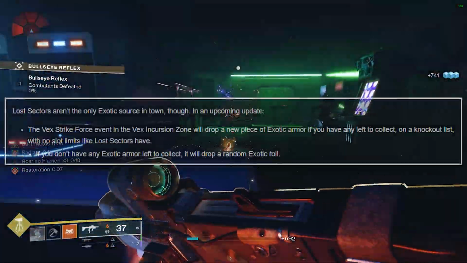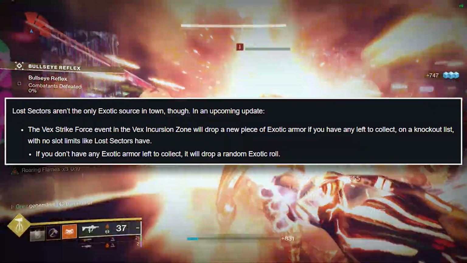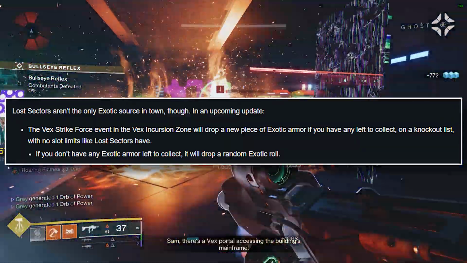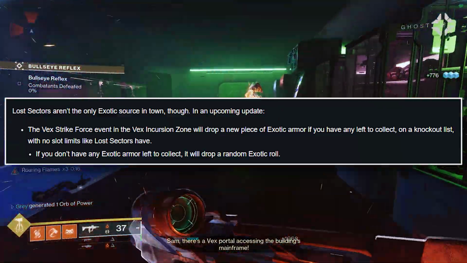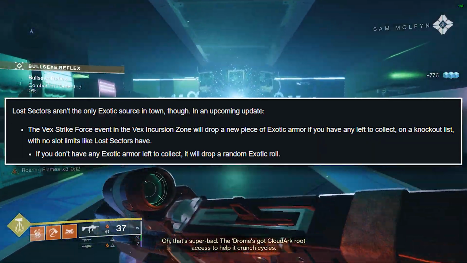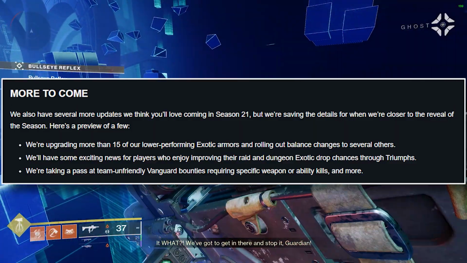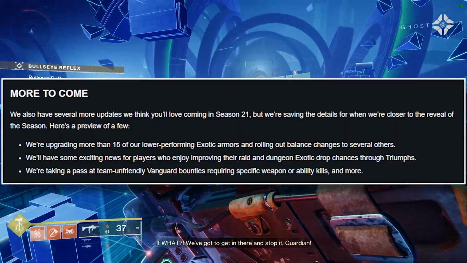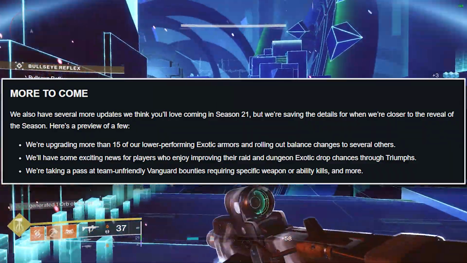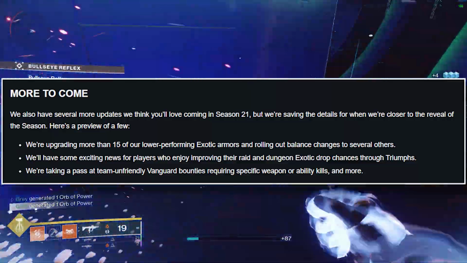Bungie also confirmed that the new Vex Strike Force activity in Neomuna will soon allow you to earn exotics that you've never gotten before, including the exotics that are currently only found in Lost Sectors. This is going to help so many players finally earn the exotics that they want without having to grind Lost Sectors and pray for RNG. They also say they are retuning over 15 exotic armor pieces to help bring them up to par with some of the most popular options in the game. That means that next season we should see a lot more build variety if some of these exotics see a